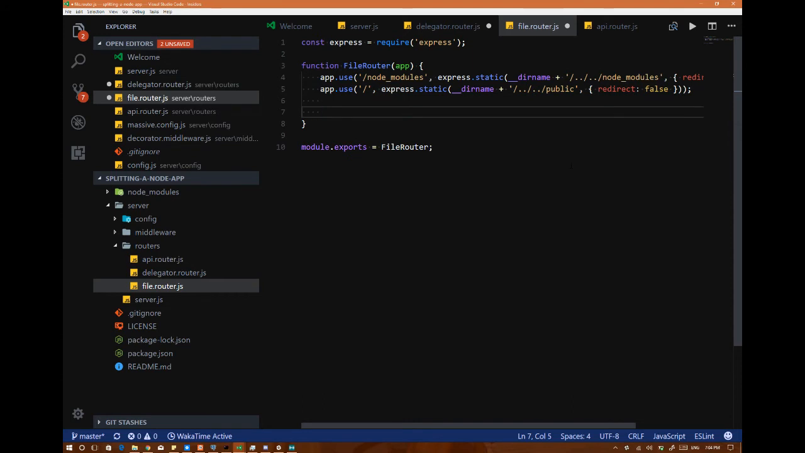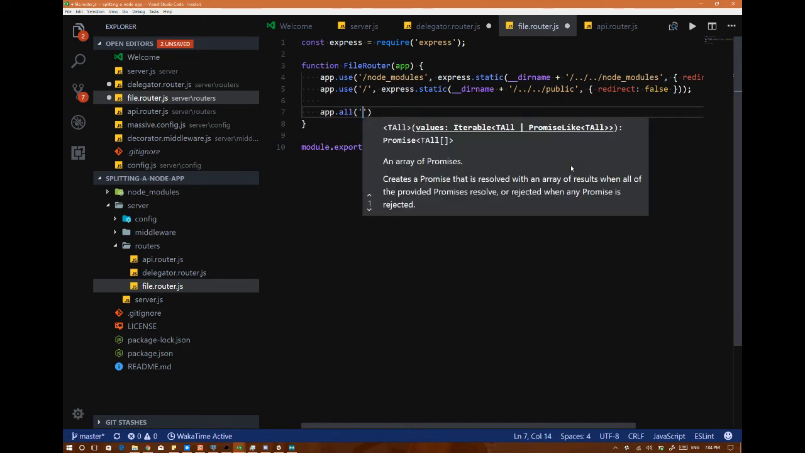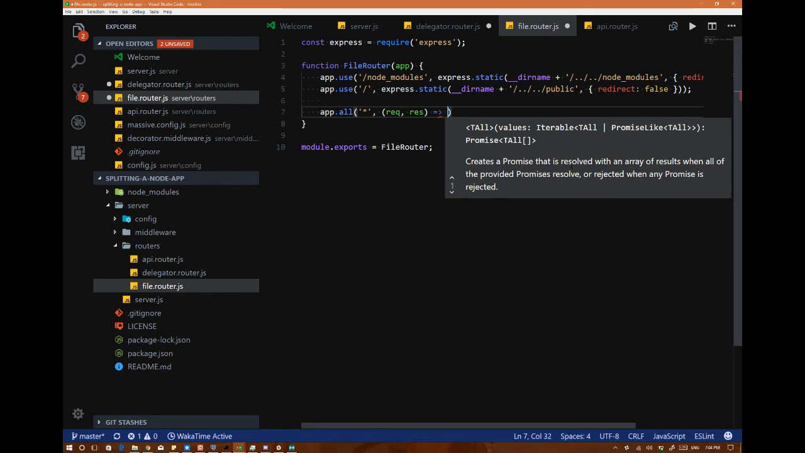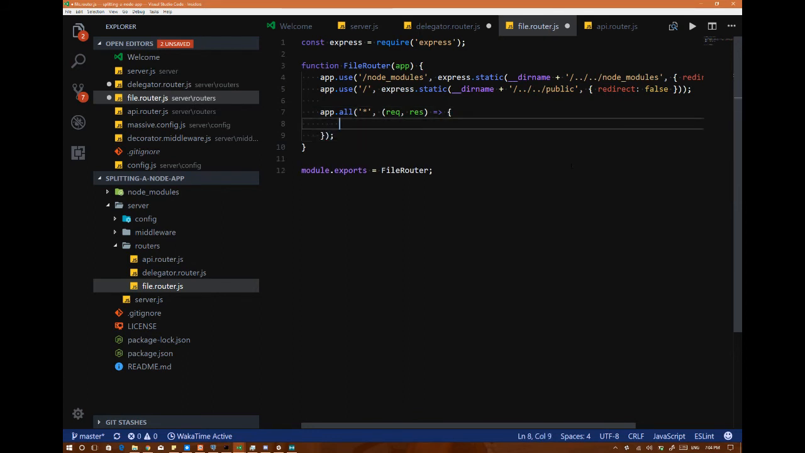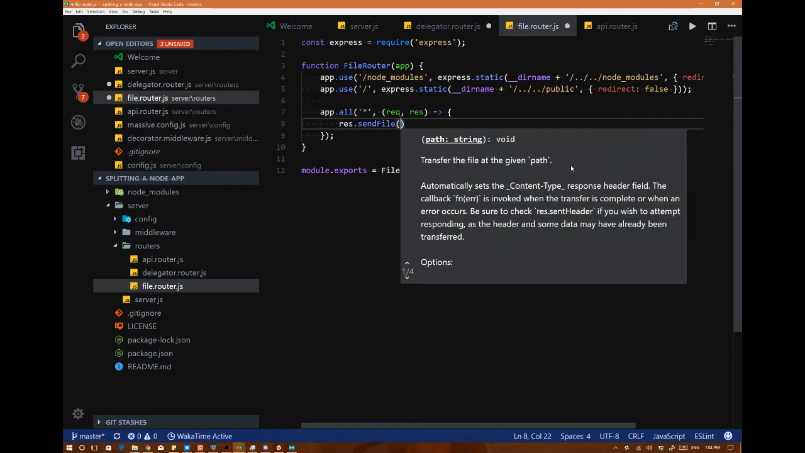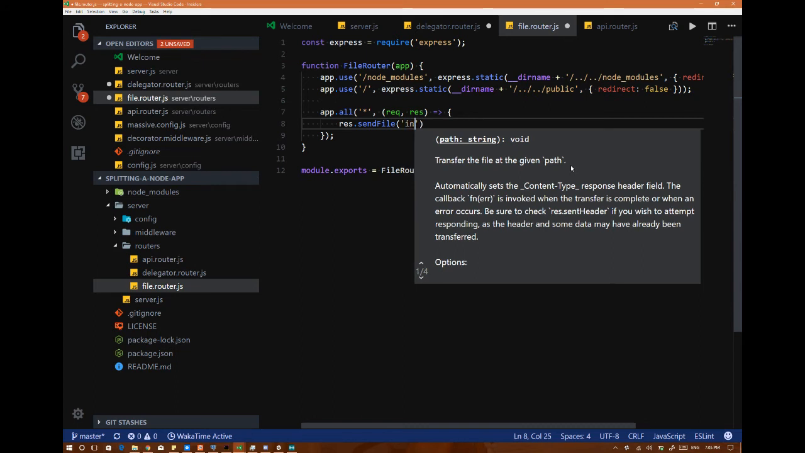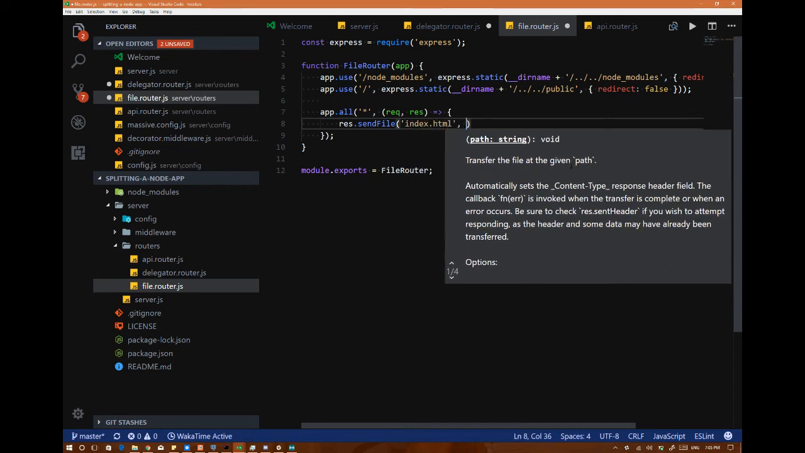And finally, since with single page applications we need to serve up the index.html if it can't find a file at that route, we're going to do app.all, and just for good measure we're going to do asterisk again. And we're going to do req, res, and here we're going to do res.sendFile, and what it's going to be is a path, or personally what I do is index.html, and then in the configuration